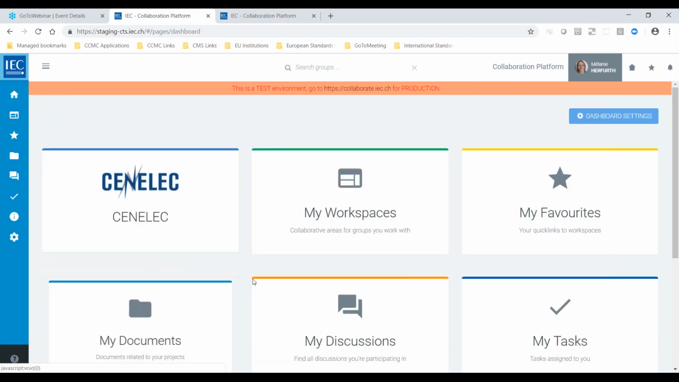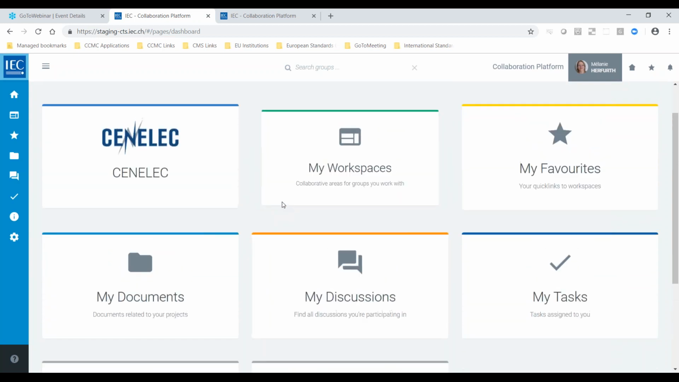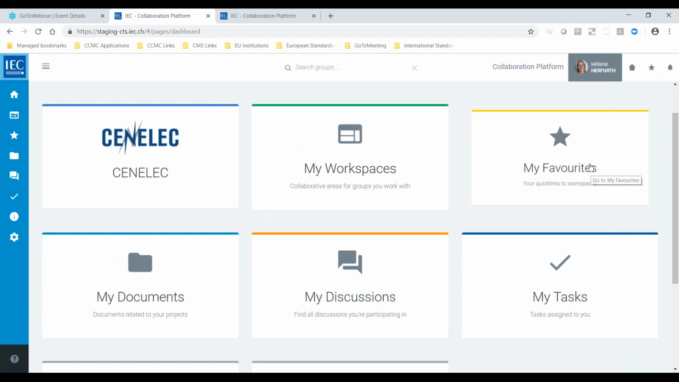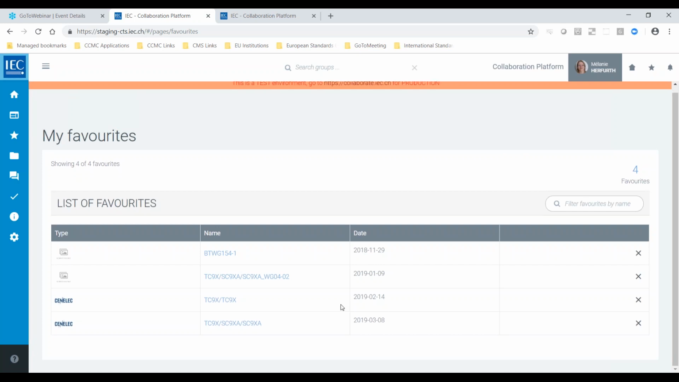Then we're going back on the dashboard, and we're going to see another interesting card, which is my favorite. So my favorite is allowing you to put some groups. If you have a workspace where you have access, reading access, for example, to many groups, but you're only interested to go and work in some of those groups, not all of them, you can add them to your favorites, and so you can easily access them at any moment by the favorite cards, the little star